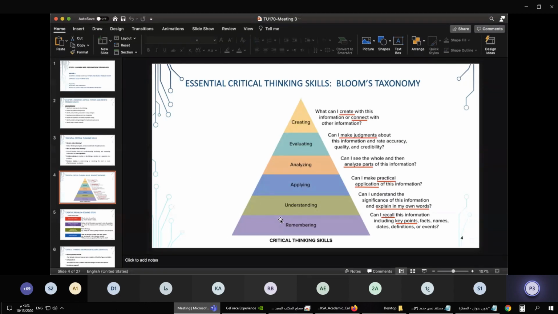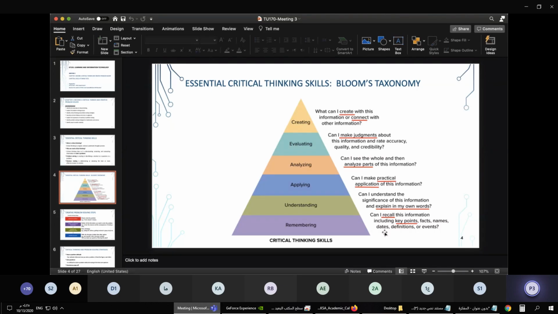We will talk about Bloom's taxonomy, which is a hierarchy you can follow from the bottom to the top, which will give you critical thinking skills you can follow to find the best solution for a problem. You start from remembering, then remembering information about the problem, understanding the information, explain the information